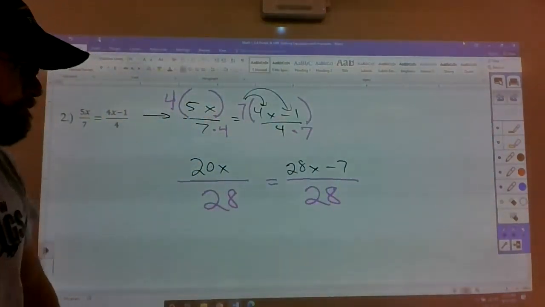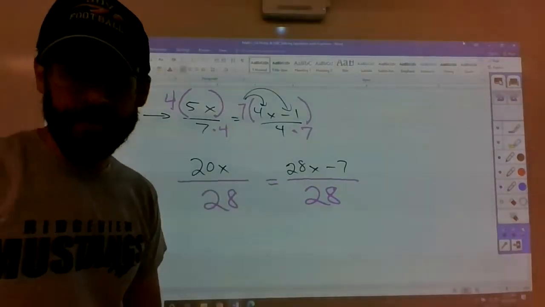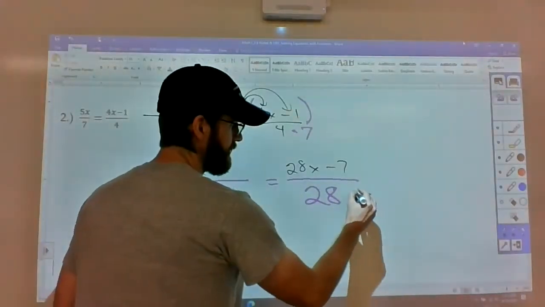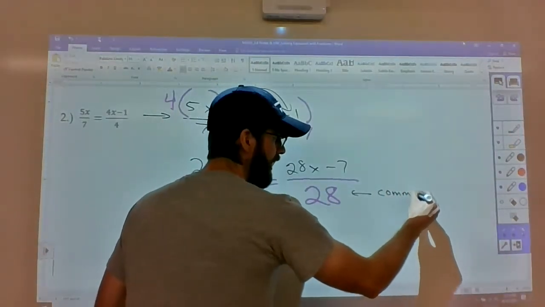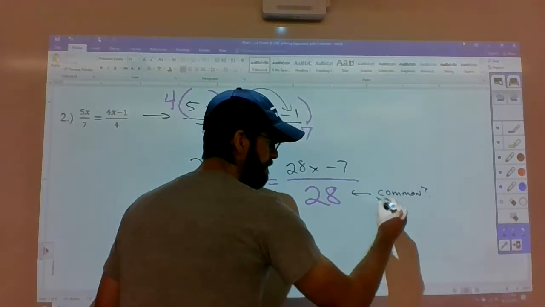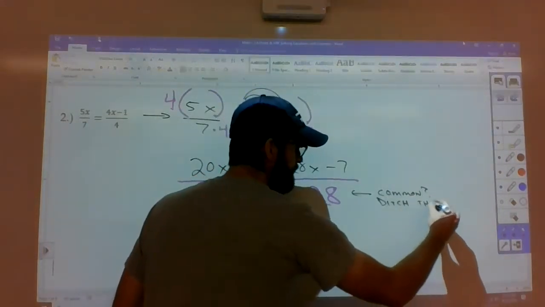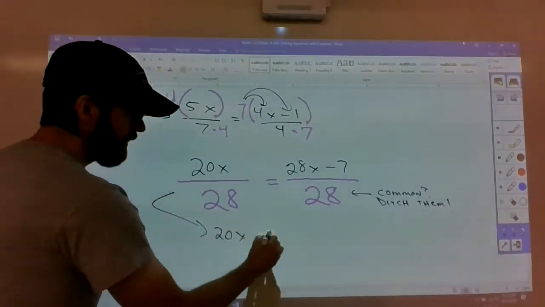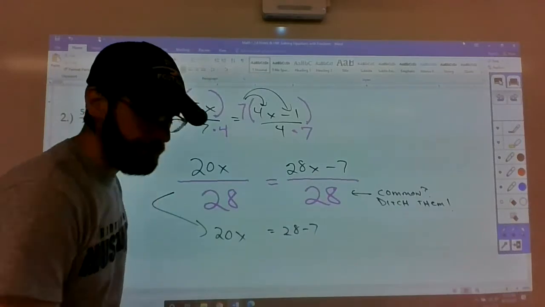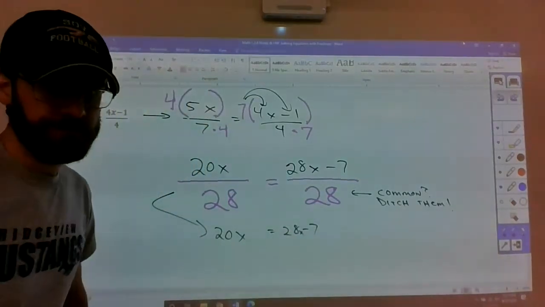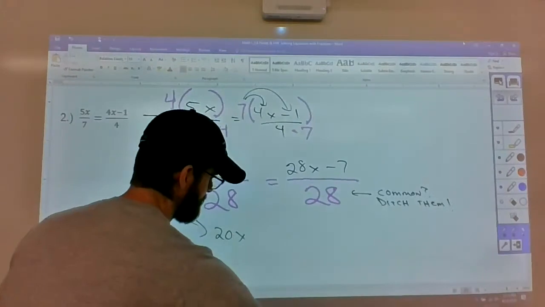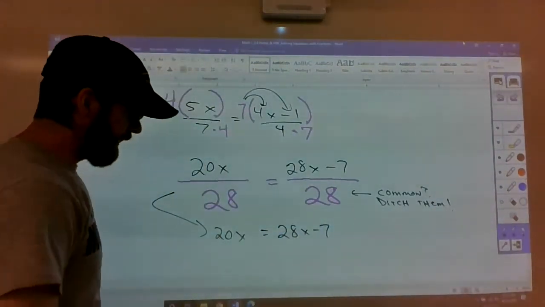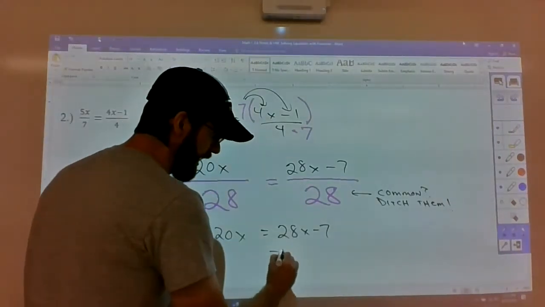At this point, I've got common denominators. I am now going to officially ditch the denominator. All right, are they common? Yeah, so ditch them. So you're just solving 20x is equal to 28x minus 7. All right, get the x's on one side. I'm just going to move them to the left. So subtract 28x